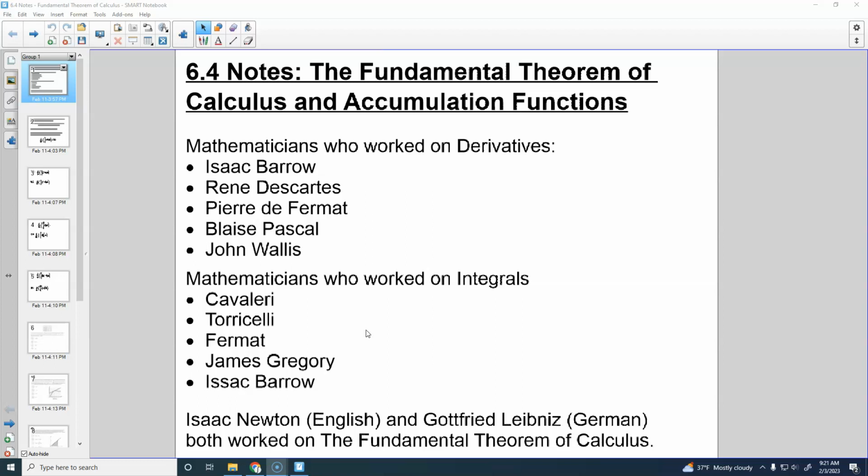What no one understood was that they were inverses of each other, right? That the tangent line of a curve was the inverse of the area under the curve. They did not understand that. So they were working on derivatives. They were probably coming up with rules for derivatives. I have not studied this extensively to know who exactly was doing what pre-calculus, right? But they were coming up with this. They probably had rules for taking derivatives, like the power rule and stuff here.